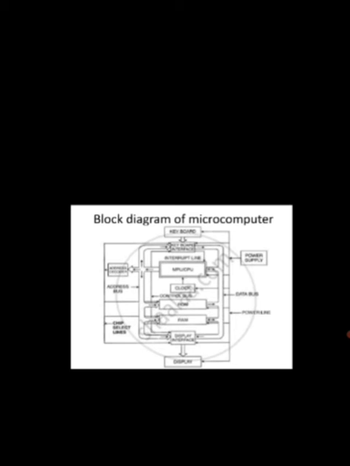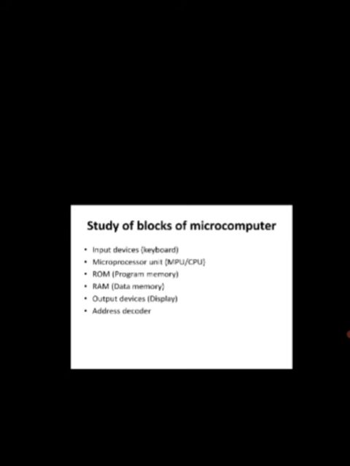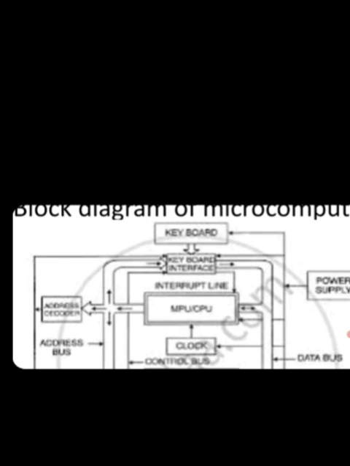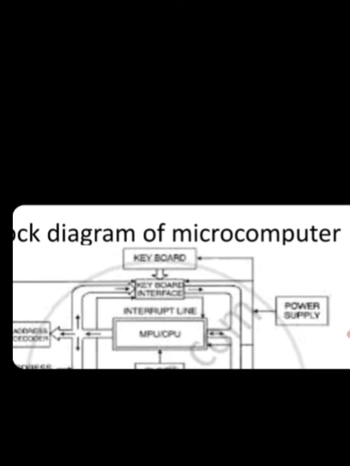The third group of the bus is the control bus. You can see here this is the control bus, below the clock and above the ROM. It is the bus through which control signals are carried. Control signals are generated by the CPU and transferred on this bus to drive the required block of the system. Now let's start with the significance of each block. The first is the input device, that is the keyboard. So you can see here the input was the keyboard.